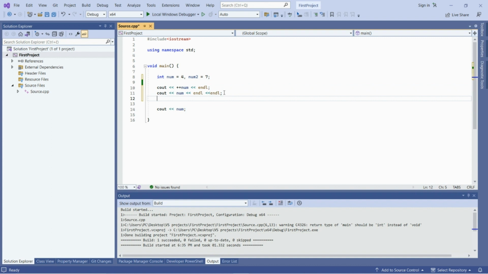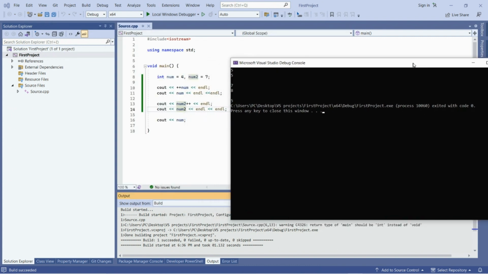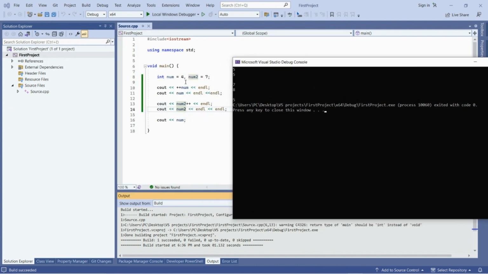Let's now use the postfix increment operator for the second variable. Let's now run this code. As you can see, the value of the first variable is changed in the same line because we used the prefix increment operator, and the value of the second variable is changed in the next line because we used the postfix increment operator.